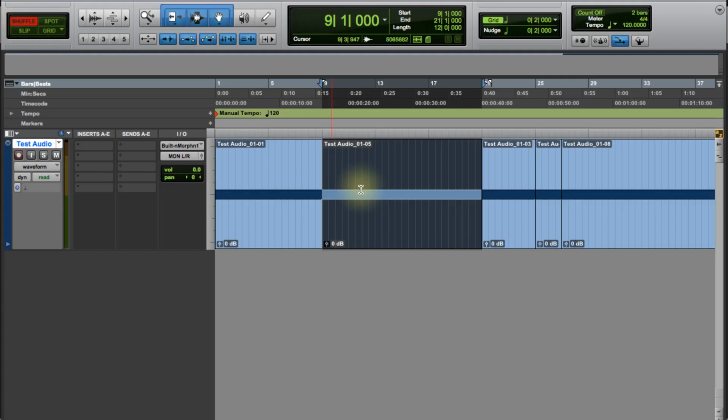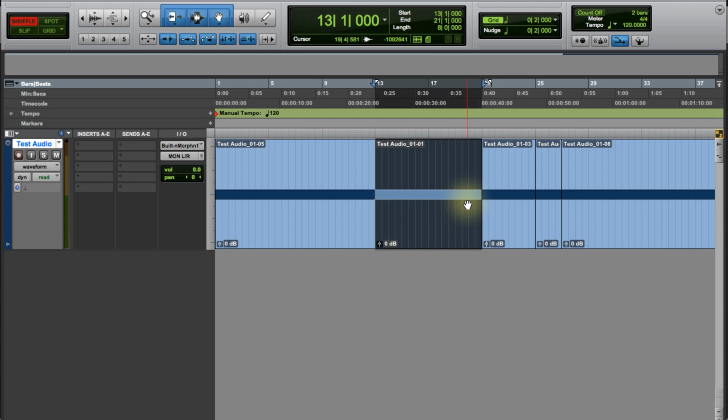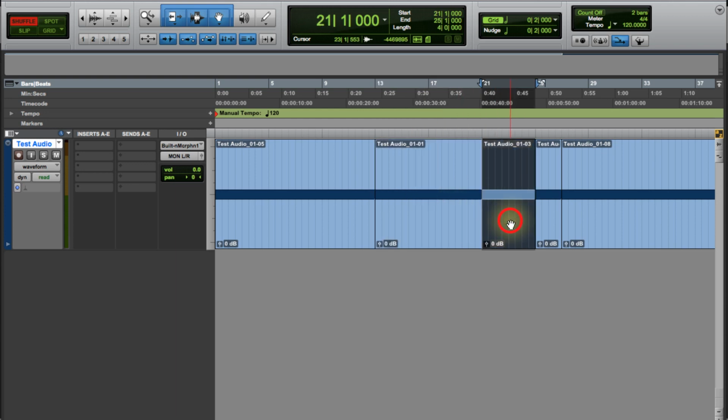In shuffle mode, when you want to move one clip to some other portion or some other part, it doesn't move freely but it snaps to the next clip. As in, when I try to move one clip from here to the next section, I cannot move it as I want, but it will snap to the next clip, right? This is how shuffle mode works, and it will not let you overlap any clip on top of each other.